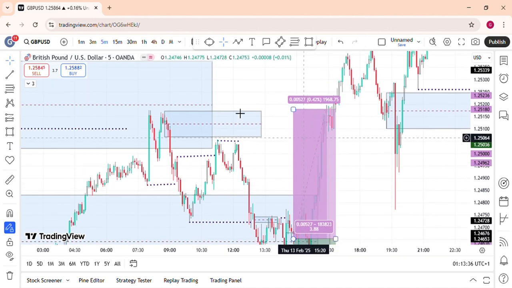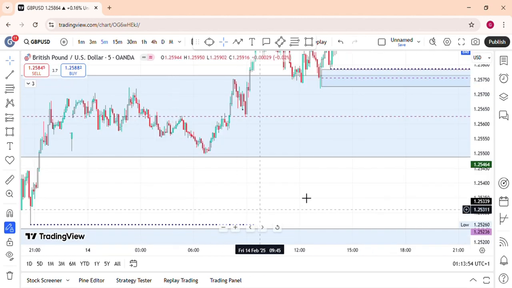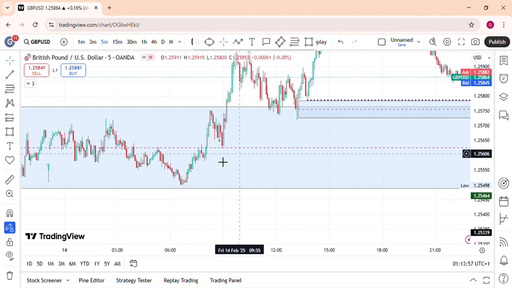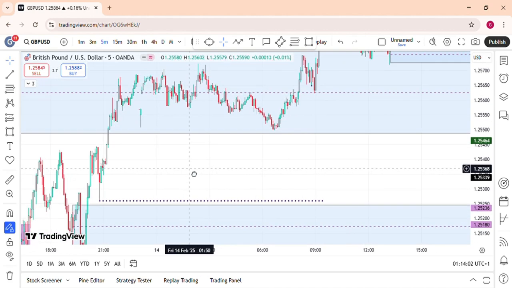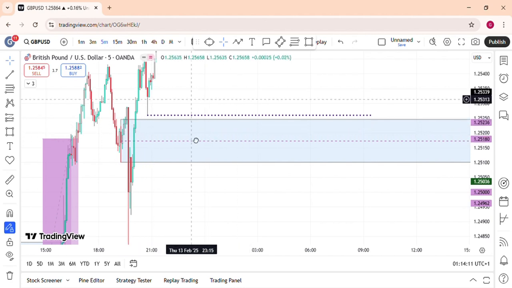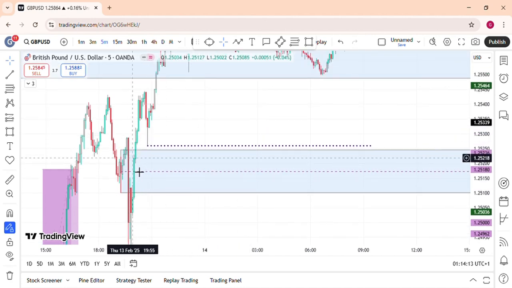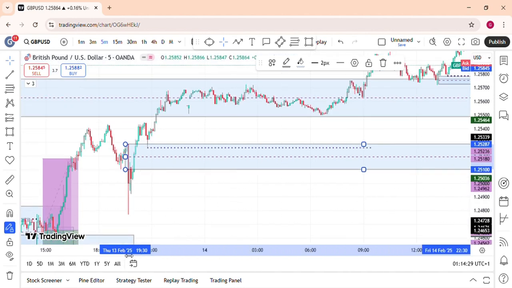So let's go over to the next one, and this one has not happened yet, but I'm expecting the market to create a tap into this zone here because we have a strong fair value gap. It has a breaker right here, so this is a breaker right here along with this fair value gap and this liquidity right here. So if market taps into this spot, I'll be expecting the market to take this liquidity